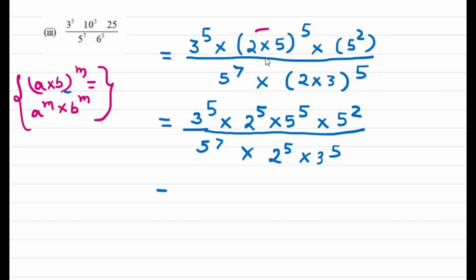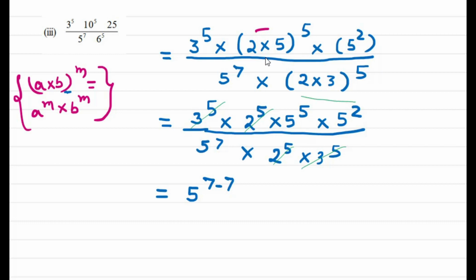Okay, so now we will calculate it. So we have 3 to the power 5 here. Here also we have 3 to the power 5. So you can cancel out this. And 2 to the power 5, 2 to the power 5, you can cancel out this as well. So now what is left? We will see what is left here. So we have 5 to the power 5, 5 plus 2, this will be 7. And here also again you have 7 in the denominator. So in these two again we have applied